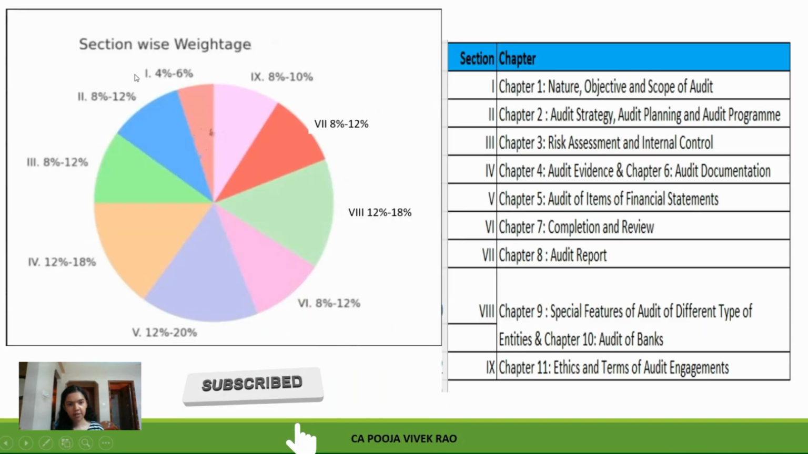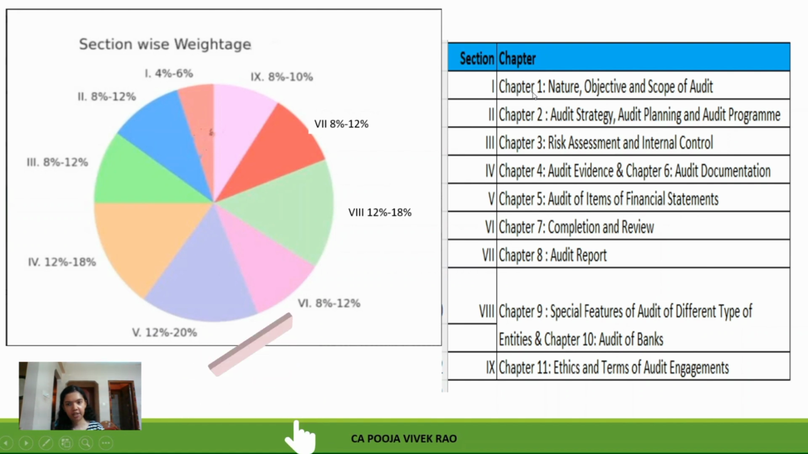So the entire syllabus is divided into 9 sections, which is made up of 11 chapters. For each of the sections, we will see the section wise weightage. We will also see which chapters come under that section, and I will also provide you with some chapter specific guidance. So the section wise weightage for section 1 is 4% to 6%, and the chapter coming under this